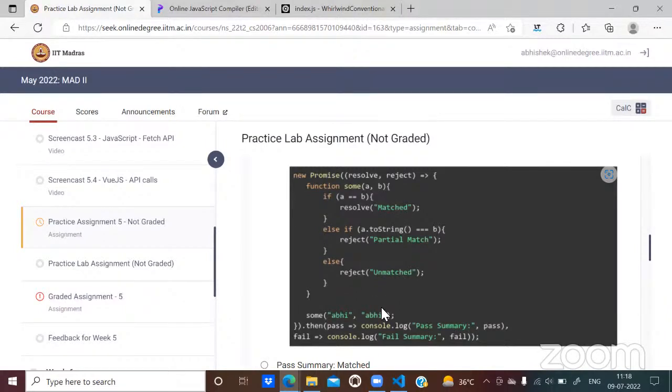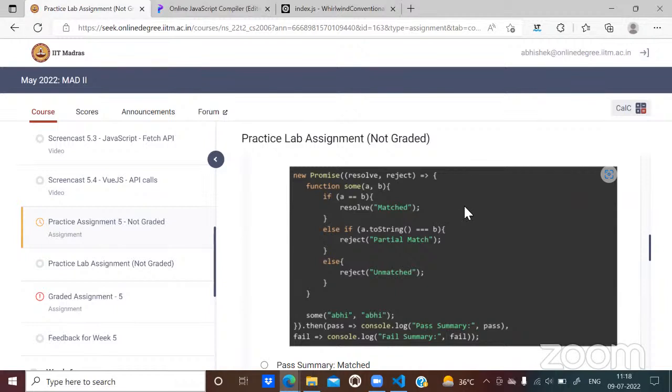Now, when you execute console.log, pass summary is going to be printed as it is, and it is going to print the value of this variable called pass. And what this pass gets is this matched value, because this is the handler that is handling the fulfillment of the promise. Whenever a promise fulfills or resolves, whatever message it provides will come here to this pass. And whenever the promise rejects, that value will come here to this fail.